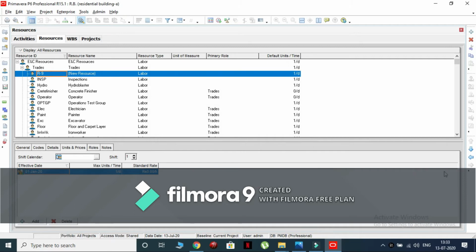Use shift keys to bring down the resource out of the other resource as shown.